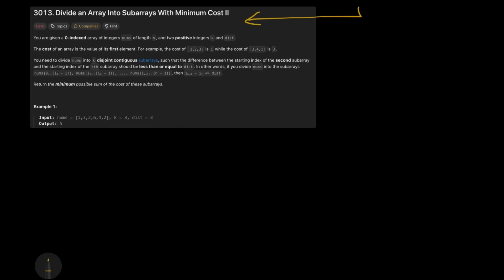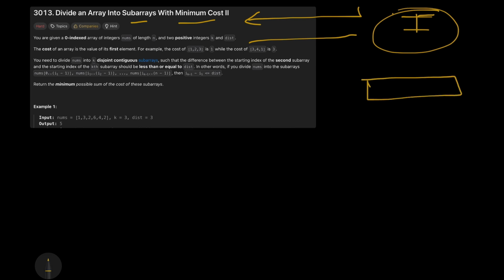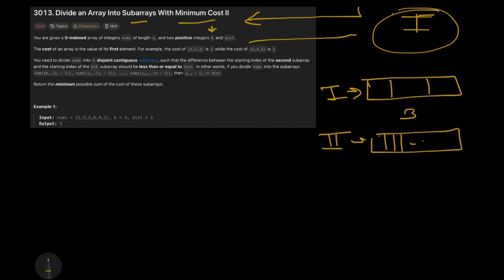Hello everyone. So today we are going to solve this LeetCode question, which is Divide an Array Into Subarrays With Minimum Cost part 2. Part 1 we saw yesterday. It is almost similar to that problem. Just yesterday we had to divide our array into three contiguous arrays, in part 1. But here an integer k is given and we have to divide our array into k subarrays,